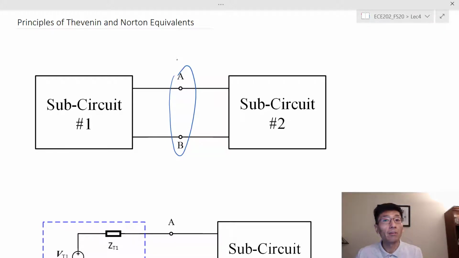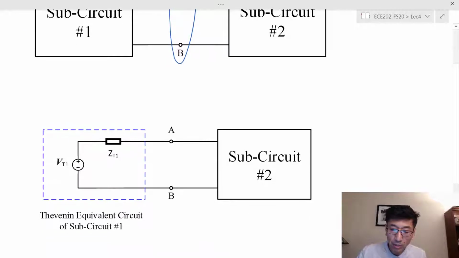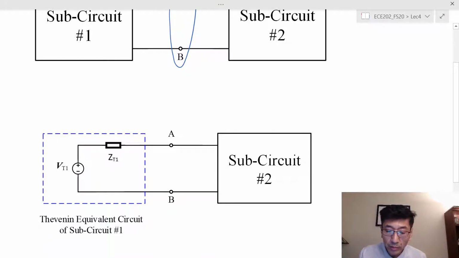Let's say the power grid, right? And you have something plugged into the wall outlet, and you're trying to model what is behind that wall. That's a huge power grid, right? In many cases, we can simplify that by replacing that complicated system, which is hardly known but we can sometimes measure, with a very simple circuit, what we call the Thevenin equivalent circuit, which is the voltage